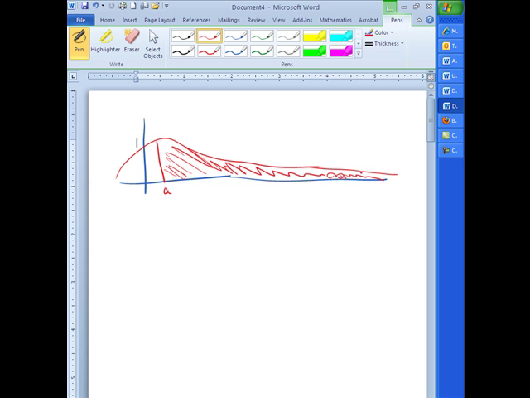So the area up to this point is not much more than the area up to C and is not much more than the area up to D. So at some point we can kind of call it a day and say our area is going to be very close to this number. This graph is said to be convergent. And that means if something is convergent, there is a limit,